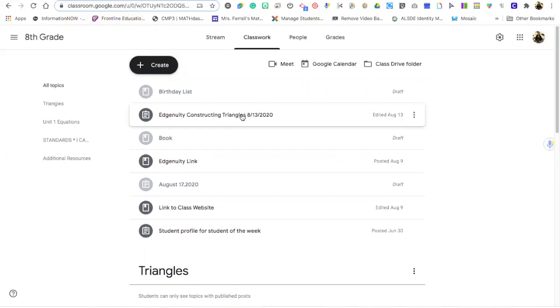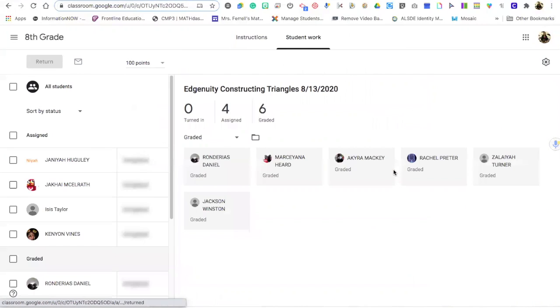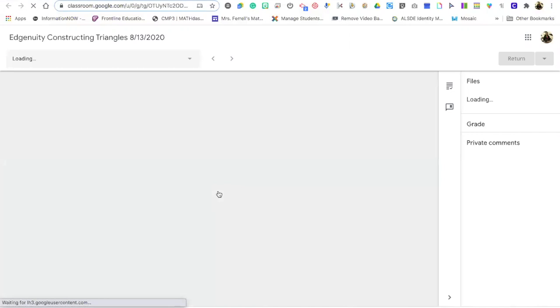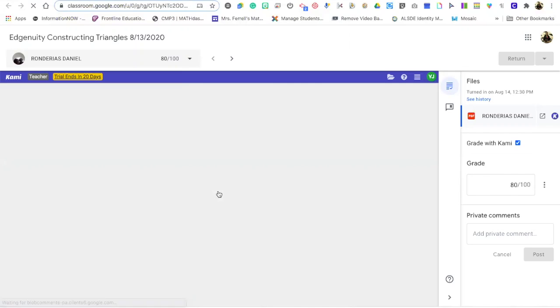Triangles, that should be in triangles. Here, see, I have 6 graded, 4 assigned. So let's look at those that have been graded here. So what I went through and checked them. I had my paper in my hand grading them, and